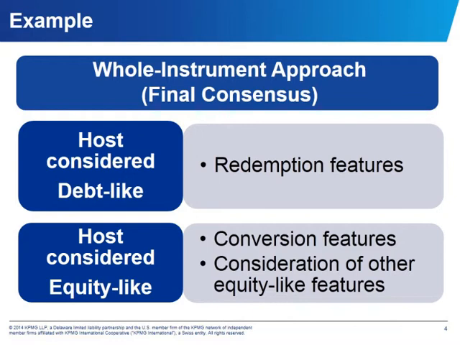But under the whole instrument approach, you could still weight things differently and also cause an issue or diversity in practice. So let's just say if you're looking at the whole instrument approach, and in your example here, you said that there was a redemption feature. So one could place heavy weight on the redemption feature. You would say that the instrument is more akin to debt because the redemption feature may have significant weight.